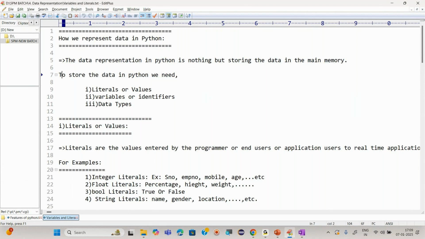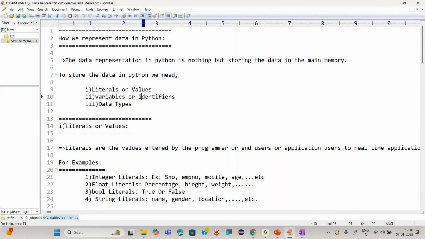To store the data in Python, we need literals, or we can also call them values. We need variables, or we can also call them identifiers. And the last one is data type. Now we'll see what a literal or value is, and what a variable or identifier is.